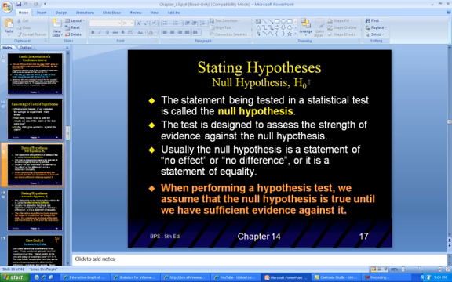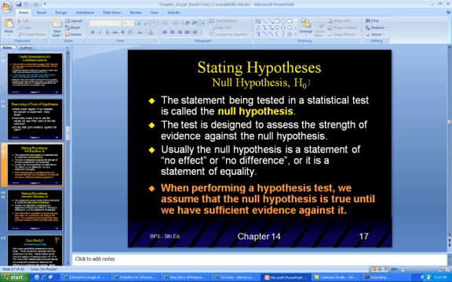So this is what hypotheses are. The statement being tested in a statistical test is called the null hypothesis. Null means nothing, right? If you were a null set in mathematics, it was empty. This test is designed to assess the strength of evidence against the null hypothesis. All right, that's the second bullet. The third bullet says, usually the null hypothesis is a statement of no effect or no difference, or it is